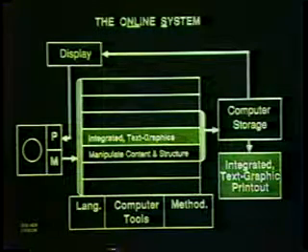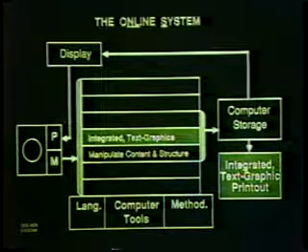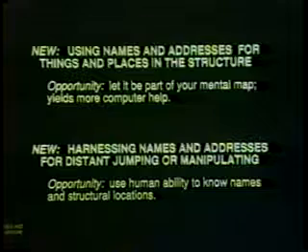So it says, all right, manipulate content and structure and integrated text and graphics into the computer storage and make it be a model. And the human sitting off to the side, with his motor actions, could control all those slots to do the things that computer tools let him do, and with perception, watching what happens on the display. And so also new is you got the chance in there, if you're having discrete structure of your conceptual objects, of giving them addresses